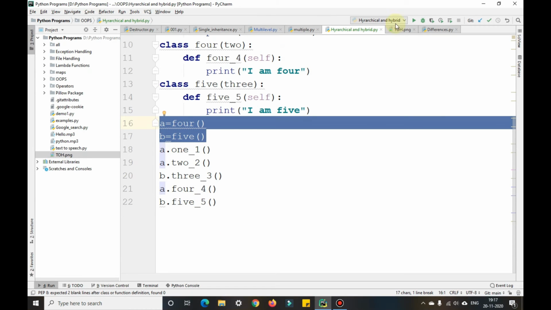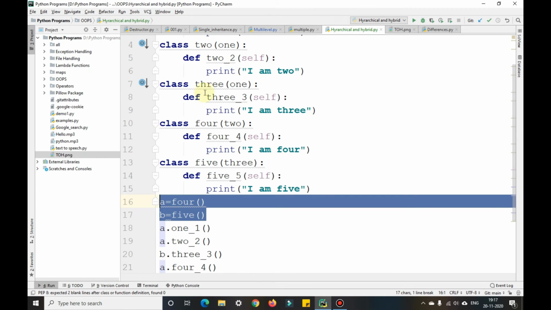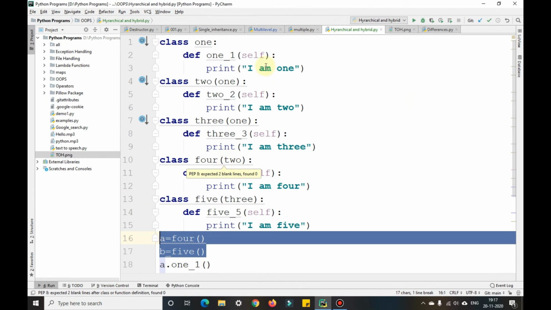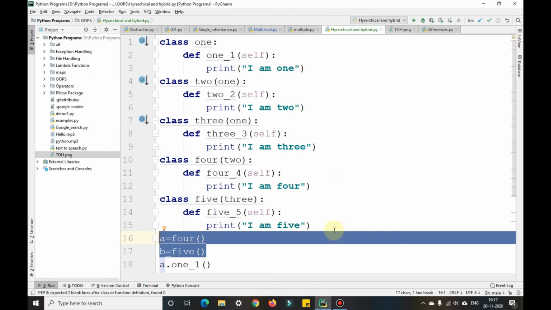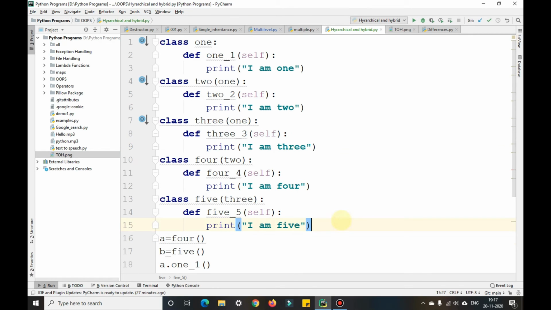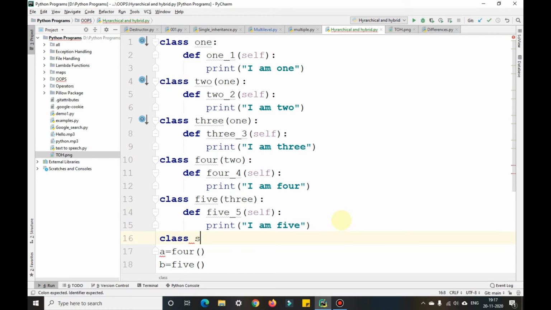Similarly, what is hybrid inheritance? Hybrid inheritance is nothing but a combination of both hierarchical and multiple inheritance. So we have seen hierarchical inheritance here. So let me take a small example of multiple inheritance within the same and show you accordingly. So let me create another class called 6 here. Class 6.